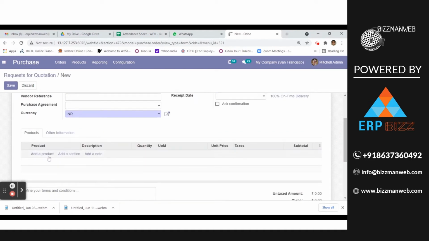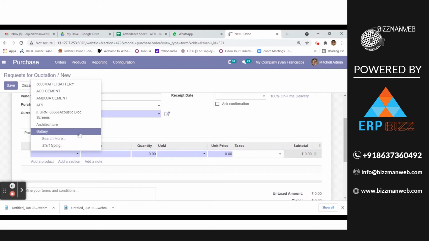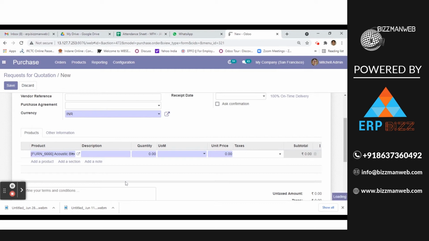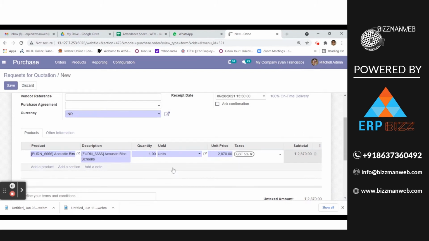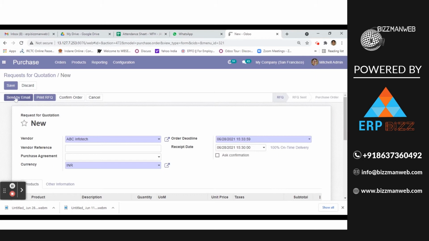Right now we can add the product. Choose the product for procurement. I can choose the acoustic block screen for procurement purposes. Okay, so here the product is coming. We can purchase five numbers of this type of product. We can put it here. So we procure five units. Okay, and we can save the data